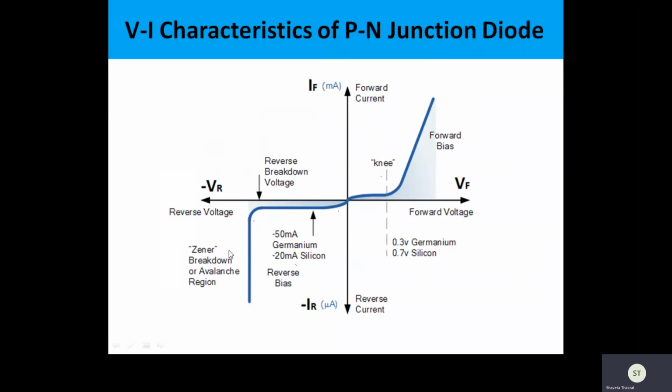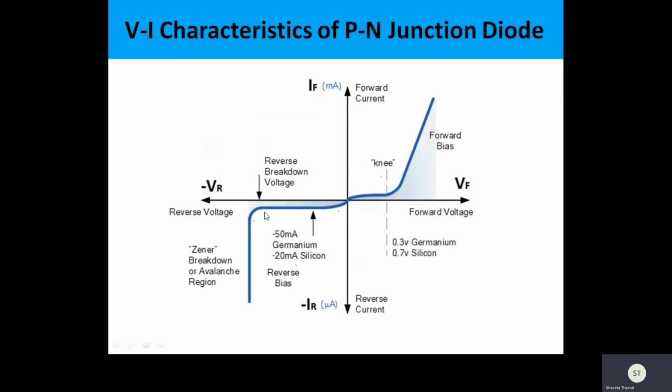And we have two types of breakdown. One is called the Zener breakdown, and the other is called the avalanche breakdown. Usually a normal PN junction diode is never operated in the breakdown region, because in the breakdown region the current shoots up and becomes so high that the temperature of the device can shoot up, and that can damage the device. So usually the normal PN junction diode is operated under forward biasing and reverse biasing only till the breakdown point.